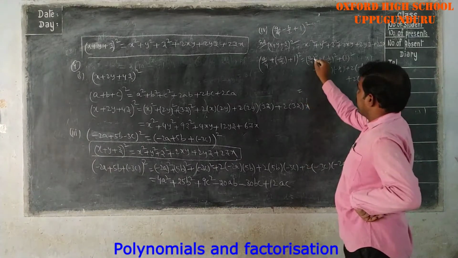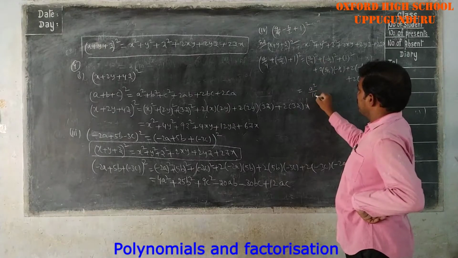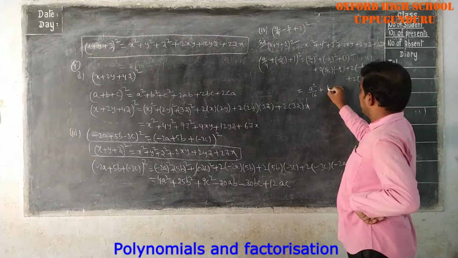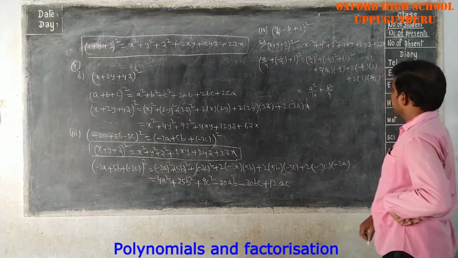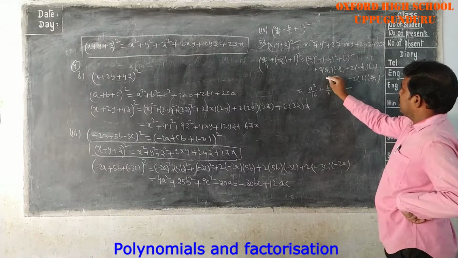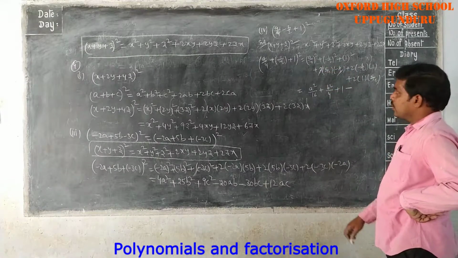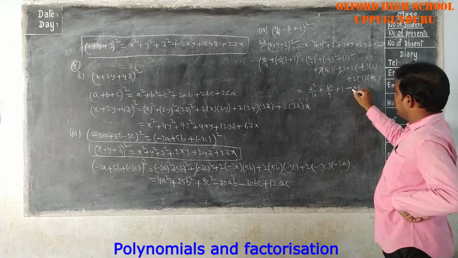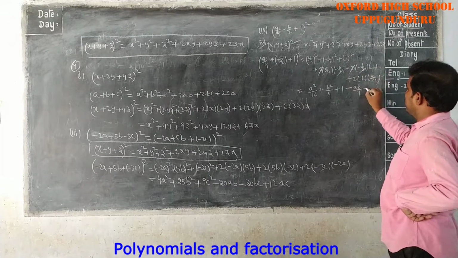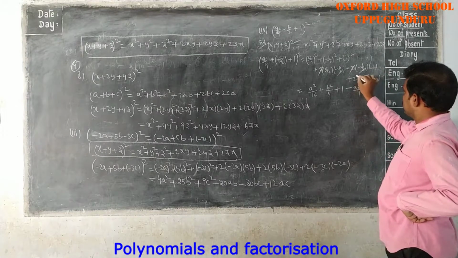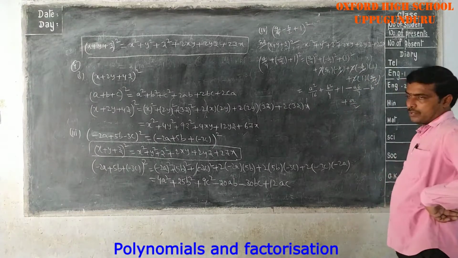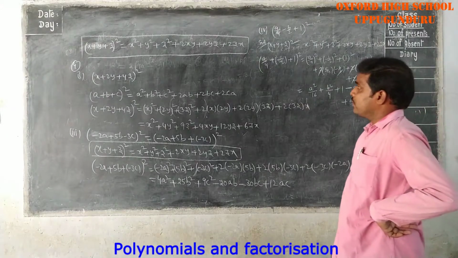which is equal to a by 4 whole square, means a square by 4 square, means 16, plus minus b whole square means b square by 2 square is 4, 1 square means 1. Plus into minus, minus. Here 2 gets cancelled, ab by 4. Here 2 gets cancelled. Minus b into 1, minus b. Here also 2 gets cancelled. 1 into a by 2, plus a by 2. So in this way we can expand this problem.